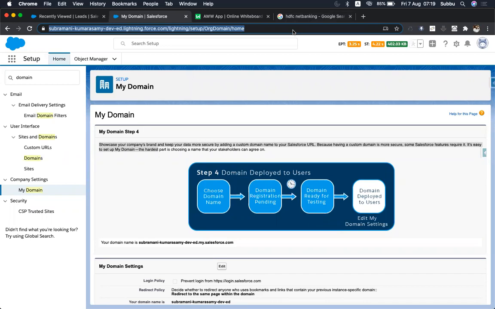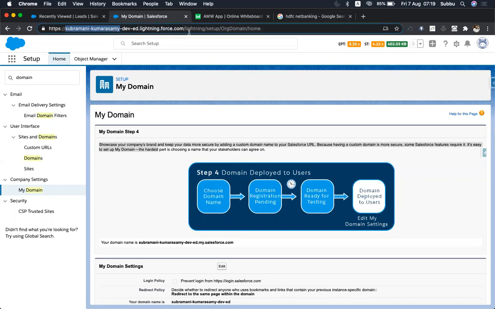When you click on sign in, how does your URL look? Salesforce.com, AP21, like that. So that is a server name, something like lightning.salesforce.com. But it looks like my name, right? My name dot dev